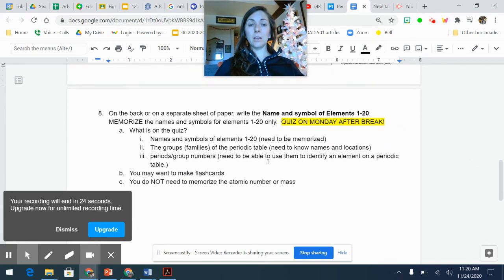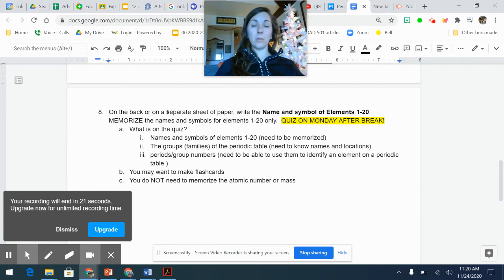And then finally, on a separate sheet of paper or on the back of your periodic table, write the name and the symbol of elements 1 through 20. You are going to memorize those, and there's going to be a quiz on Monday. You will also need to know the groups of the periodic table, so you need to know the names and the locations of them, and you need to know what the periods and group numbers